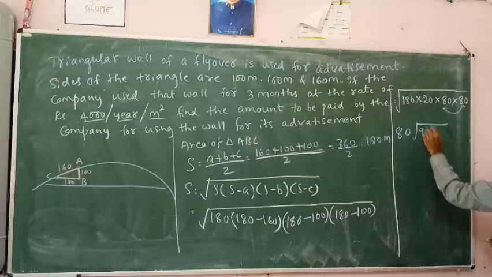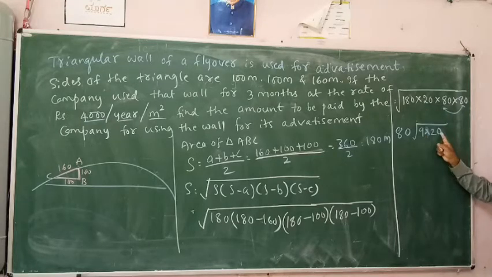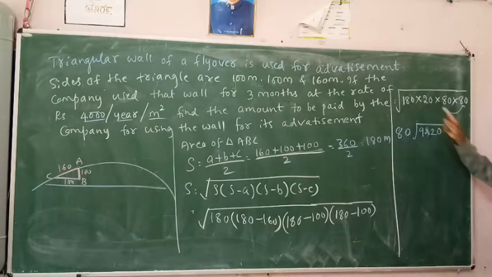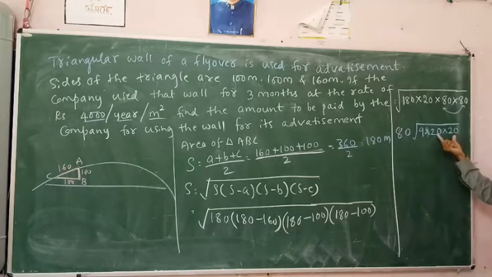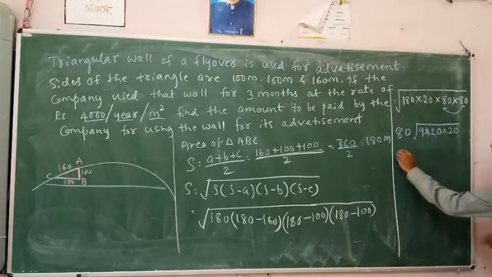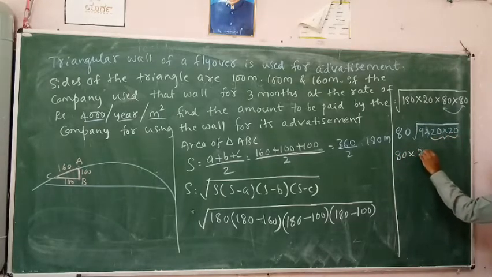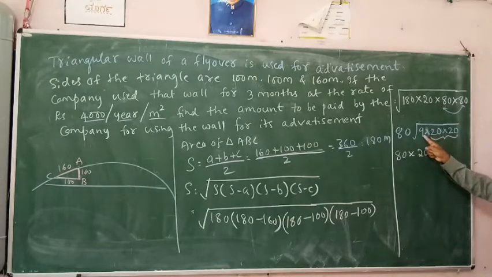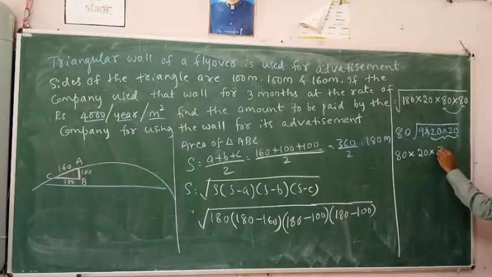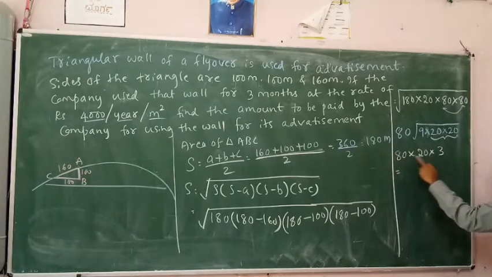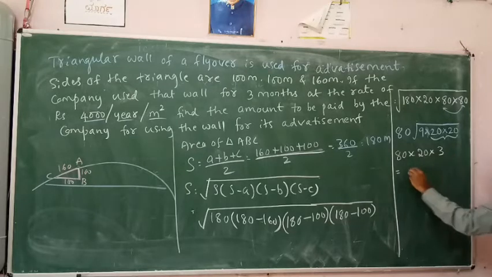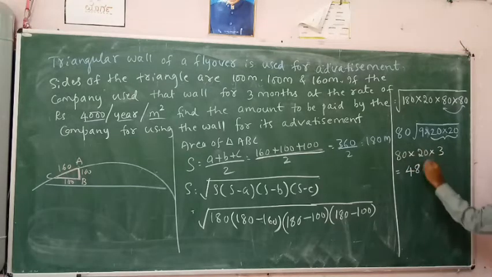No, I will write 9 into 20. 180 means 9 into 20. Any advantage of writing like this? Yes, because one more 20 is available here, into 20. So these two 20s together, what happens? They will bring 120 out. 80 into 2 20s are bringing 120 out into 9 is what? A perfect square. What has come out? 3 has come out. So it is 8 2s are 16, 16 3s are 48, 4800